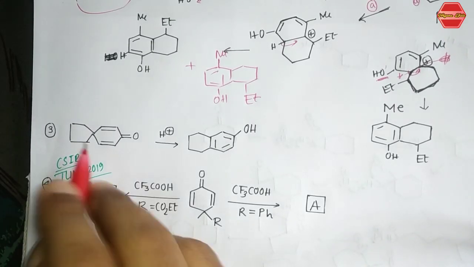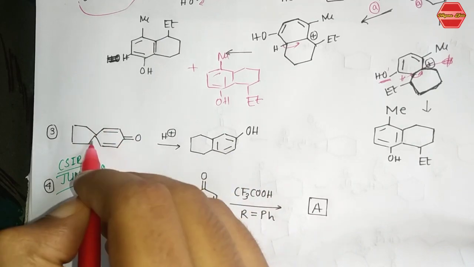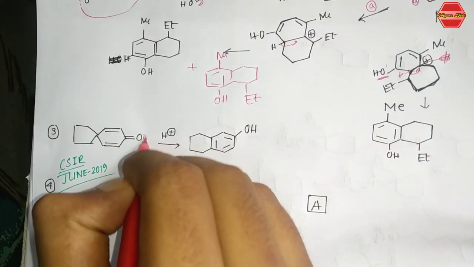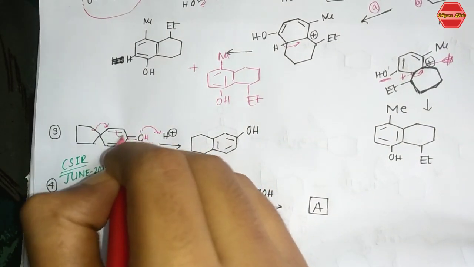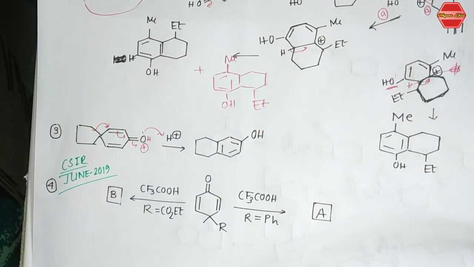Now the next example is that the same dienone is given to you, and in this methyl you have a cyclopentane kind of ring. So we all know that after this protonation you get OH plus, and this bond will migrate. Similarly, you get this kind of derivative. Okay, so the mechanism is basic.